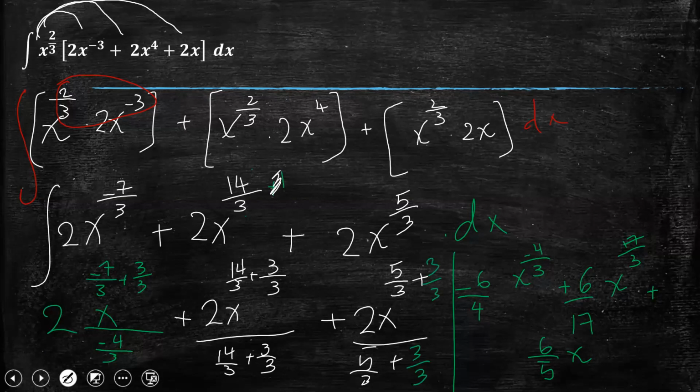It is 8, so it is 6 over 15 x to the power 8 over 3 plus